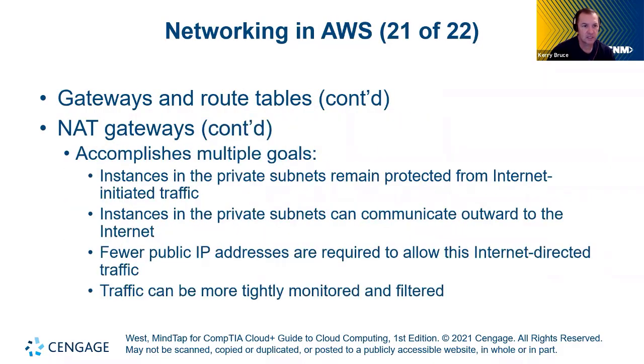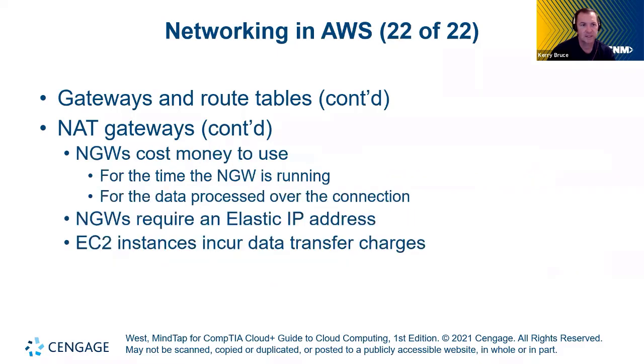Trying to think if there's anything else here. Multiple goals, right? So we're talking about different things that you can do with that. So understand that NAT gateways cost money to use, right? For the time that it's running and the amount of data processed over the connection. It also requires you to have an elastic IP address. You have to set up a public IP address for the NAT gateway. And then EC2 instances, right? Your compute instances incur data transfer charges, right? So